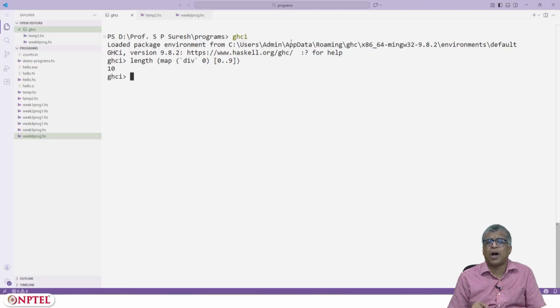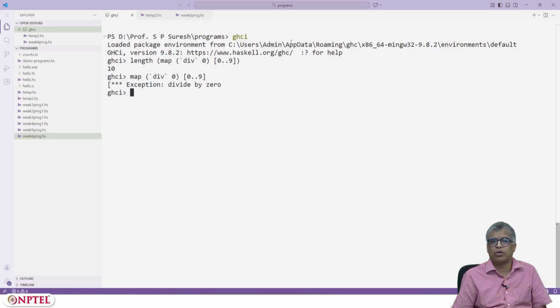But if you actually try to map div 0 over 0 dot dot 9, you will get an error, because then Haskell will have to display the values of 0 by 0, 1 by 0, etc., and that will force it to compute them, and it cannot compute them. See, exception: divide by 0. But you won't get this exception in the length computation, because you don't need the value; you just need to count 1 towards each value. Okay, let me get back to the slide.